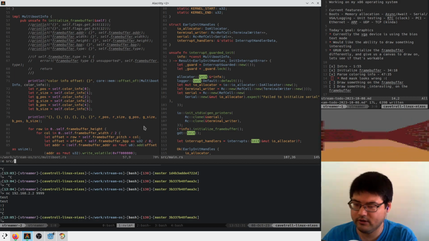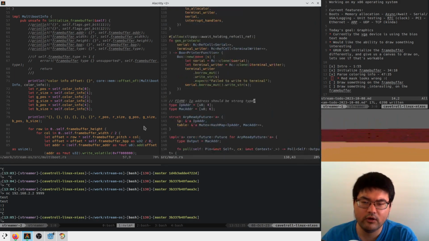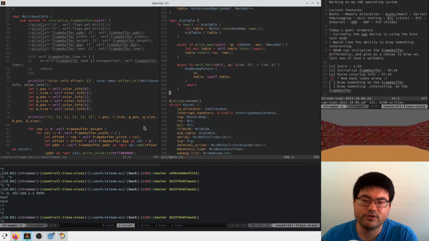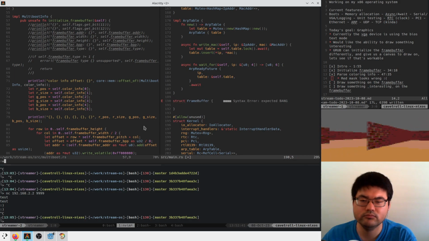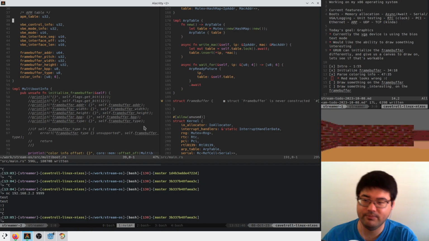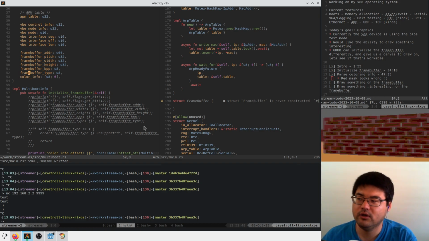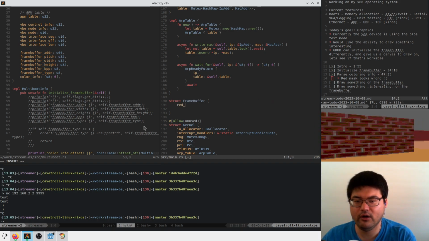We'll just make it in main for now and we'll move it around later. So here we're going to have frame buffer, and it's going to have information about its offsets, so we'll say red offset